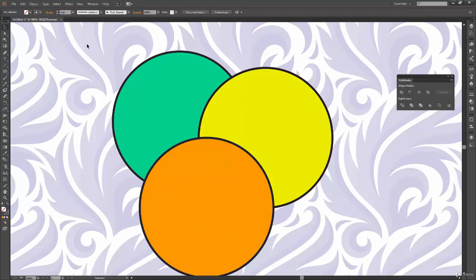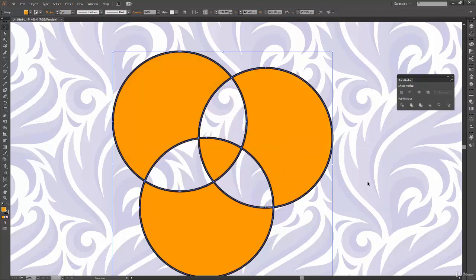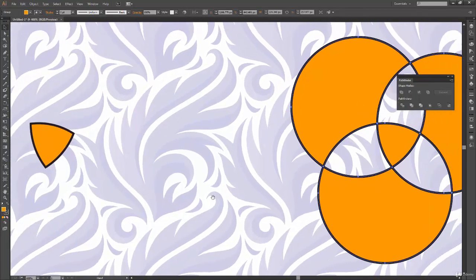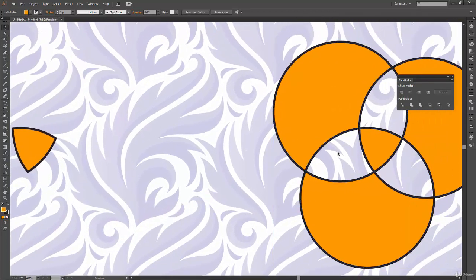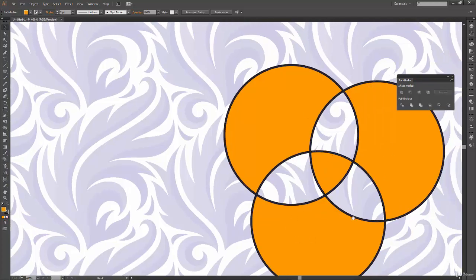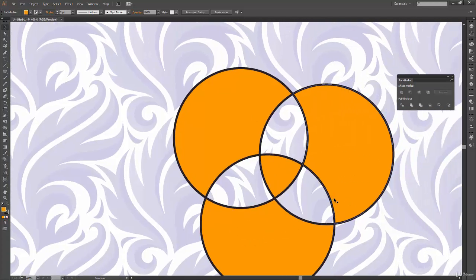So again, go into the preview mode and select all these three circles. And this time let's apply exclude. Okay, so that worked exactly as I said, and you have these three portions removed, and this center shape is saved. But it shouldn't be like this, because when we talk about exclude, this area should be removed since it's exactly opposite to intersection. From our theory and experience so far, this area at the center should be removed and everything else preserved. So there is a little bit of mathematics going on here.